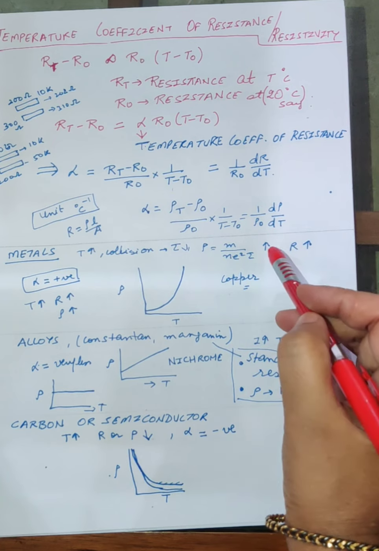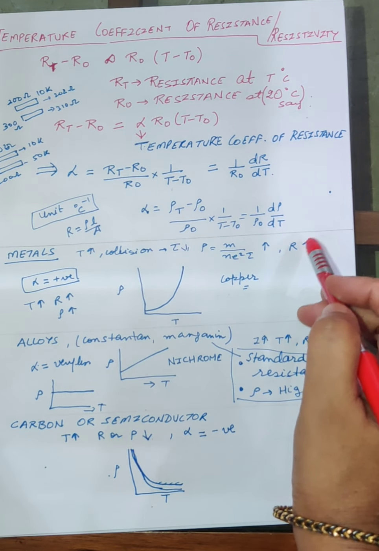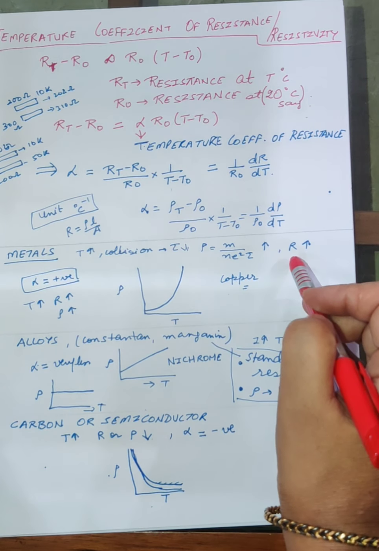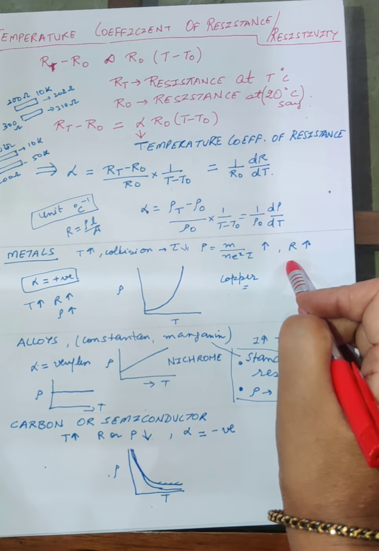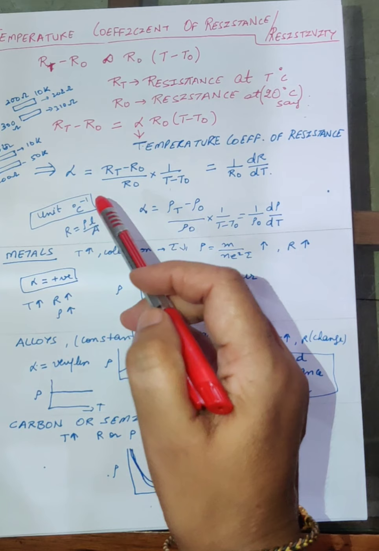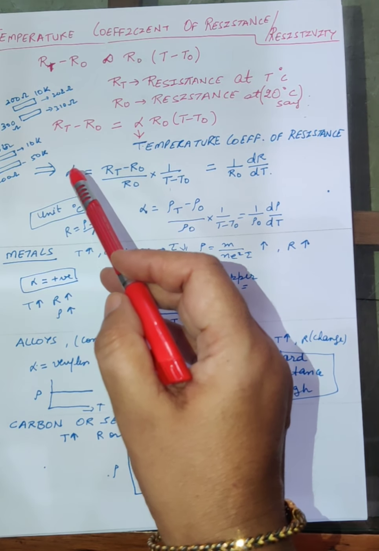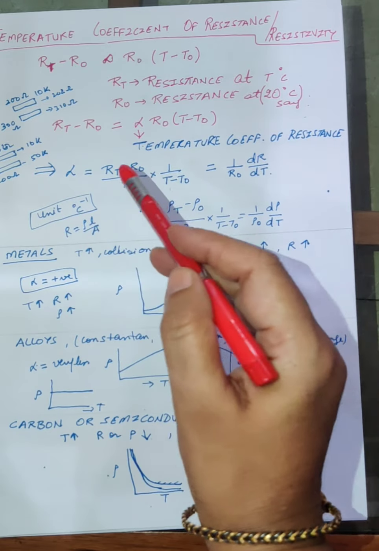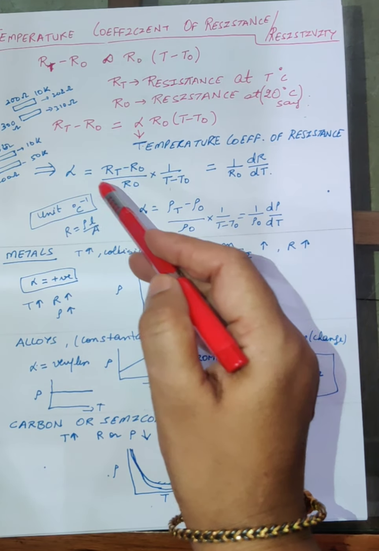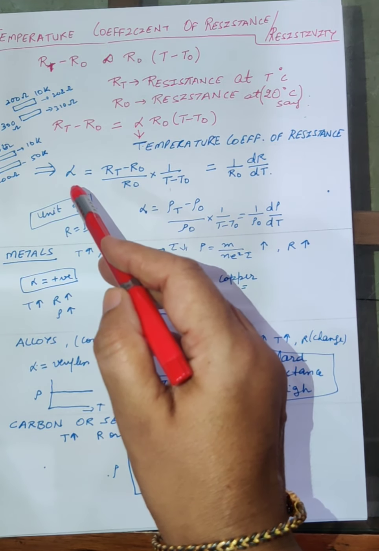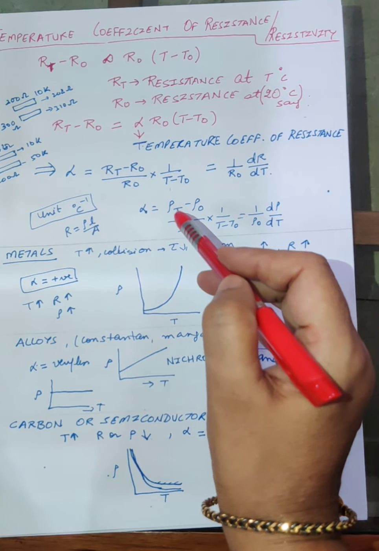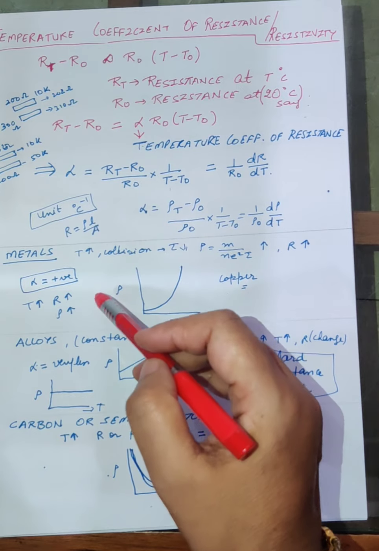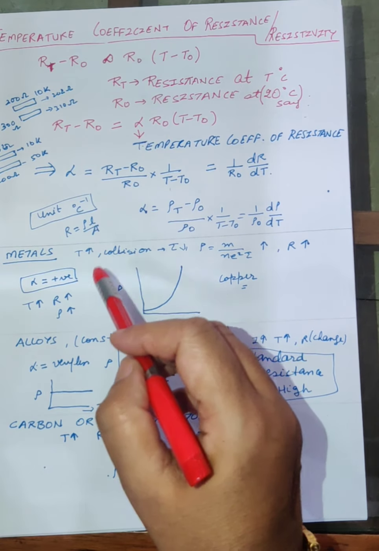So my resistivity will increase, the resistance will increase. As the resistance and resistivity increase with temperature, you will find that alpha, the temperature coefficient of resistance or resistivity, (RT minus R naught), if this is increasing, that means my alpha will also increase. Rho T minus rho naught increases, that means my alpha has increased. Or I can say that alpha is positive